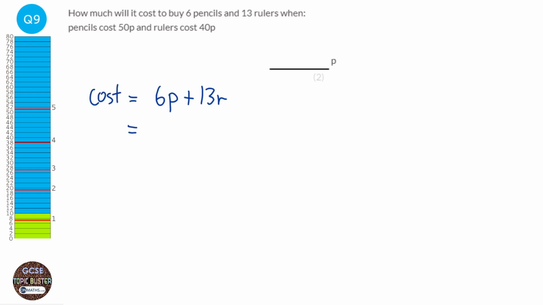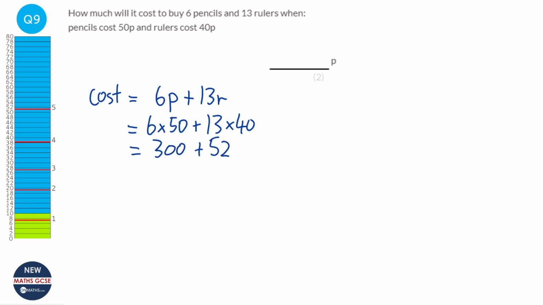A pencil costs 50p, so it's 6 times 50 plus, and a ruler costs 40p, so it's 13 times 40. So 6 times 50 is 300, 13 times 40 is 520. Add those together and you get 820. So that's £8.20, but it does ask it, or it implies that the answer should be in pence, so it's